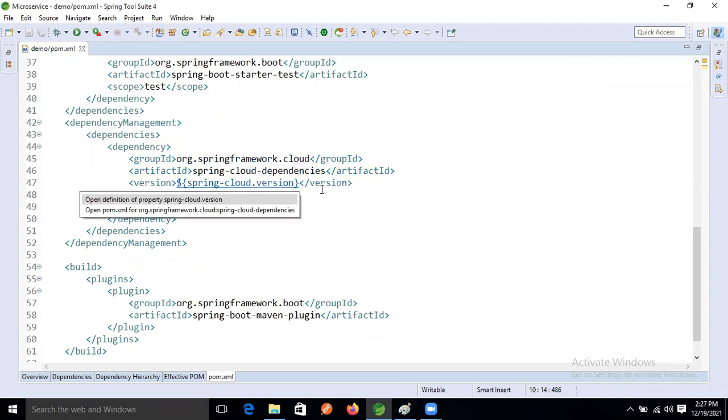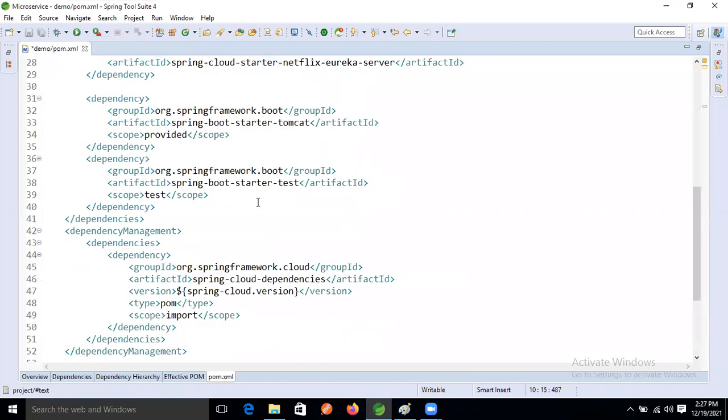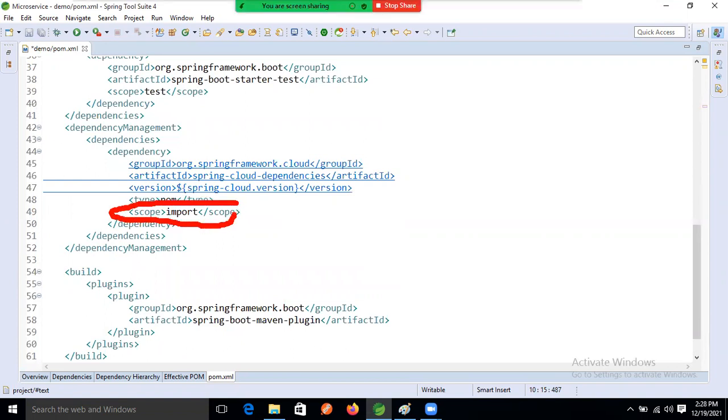Just observe it. Is the spring cloud dependencies there or not inside this one? This dependency, is it imported or not? See here, what is the scope? Imported, right?